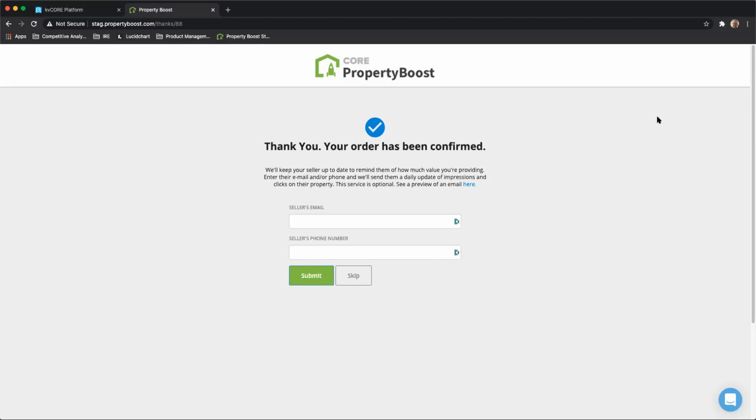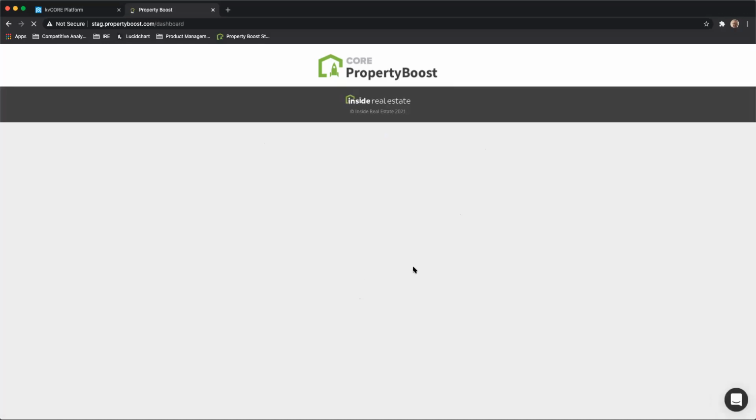So if you get stuck at any point as well, if you run into any issues or you don't know what to do, just like with anything else in KV Core, you've got the support button down here. I can click on that. It'll bring up my support channel, and I can actually work with support directly right on PropertyBoost. For now, I'm going to skip this. And I'm going to move on to the final screen here,